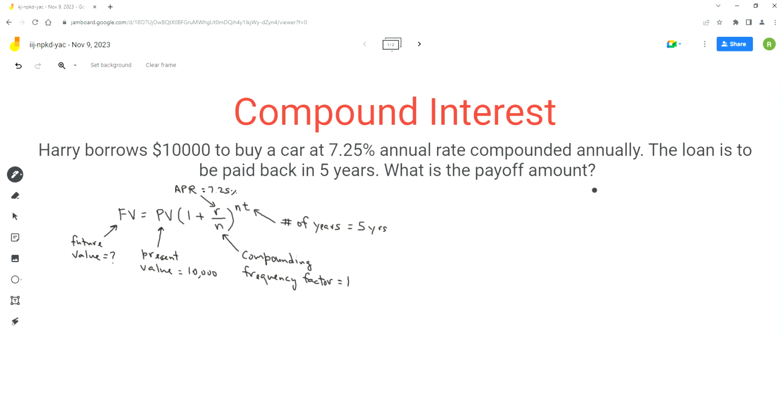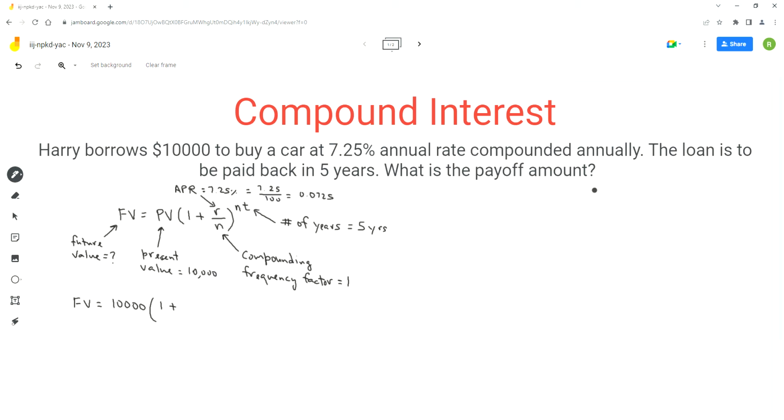So these are the values we have to input in this formula to calculate the future value of the loan, or the amount of money Harry has to pay back to pay off the loan. So let's start with subbing in the values. So the equation becomes, now in the formula we'll have to use the R value in decimal form. So we'll have to convert this percentage to decimal form by dividing it by 100. So I got